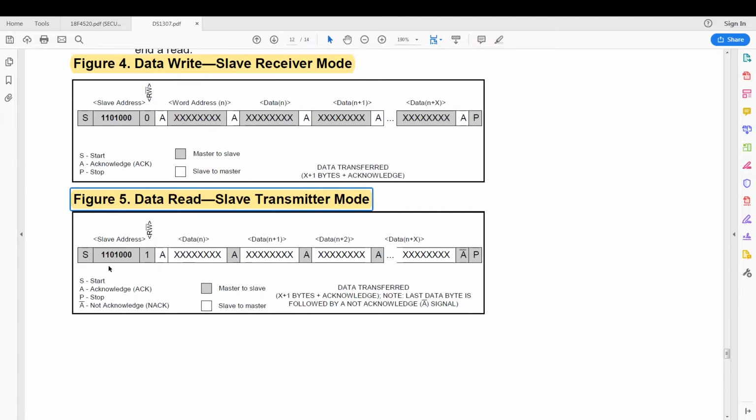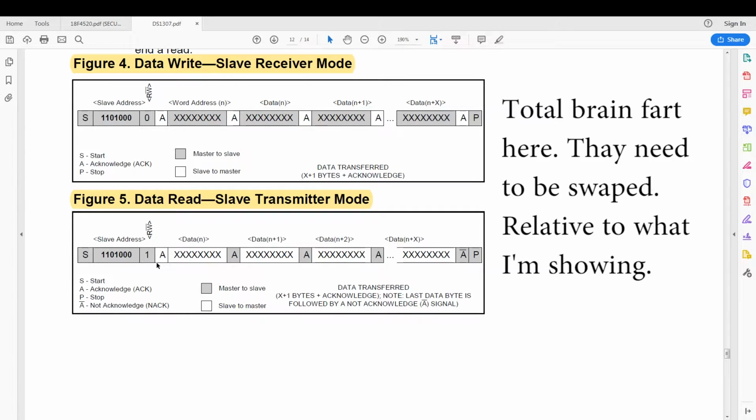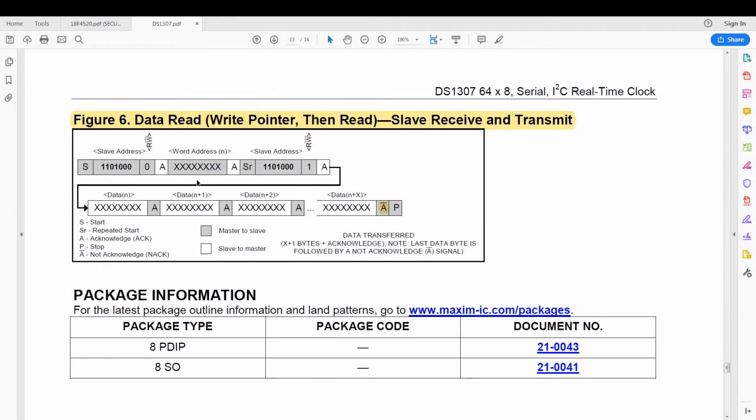Then we look at the data write. We have our write address here, and then the sequence to write to the device, and then a sequence above it to receive data from the device. Then we have the protocol to set where to start reading on the device. So typically you will say start reading from address 0, and then it auto increments the address as you read from it after every acknowledge.